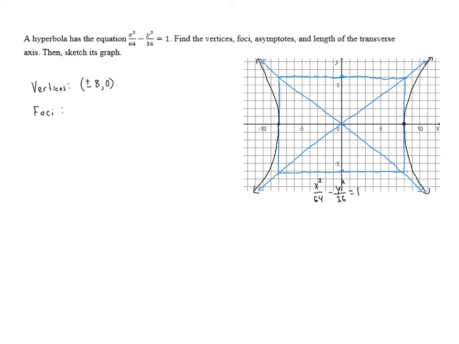And we know that c squared is a squared plus b squared. So in this case, c squared is 64 plus 36, which is 100. And the square root of 100 is 10. So the foci are going to be at plus or minus 10, 0. And we can plot those if we want. Can't hurt. All right, and then the asymptotes,